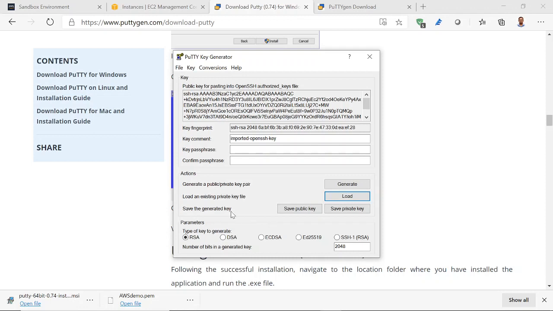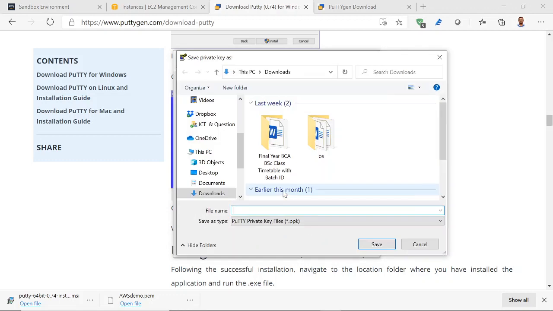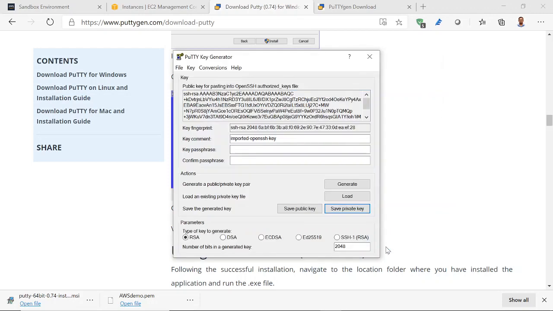After that, you should save this particular private key, because it has been converted from that key pair. It has generated a private key, so you have to save it. I'm storing it on the desktop with the same name, AWS demo. So I have saved it.